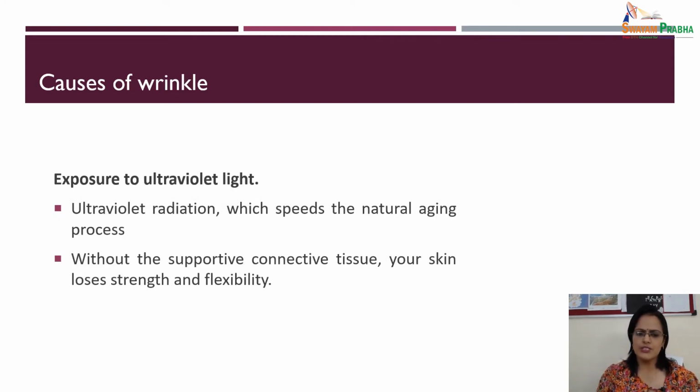Now, what are the causes of wrinkles? First is exposure to sunlight. Ultraviolet radiation, which speeds the natural aging process, is primarily the cause of early wrinkling. Exposure to UV light breaks down your skin's connective tissues. Basically the connective tissues are collagen, as we know, and elastic fiber, which lie deeper in the layer of skin, in the dermis part